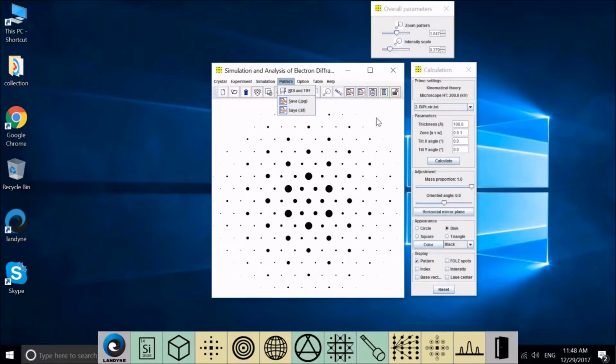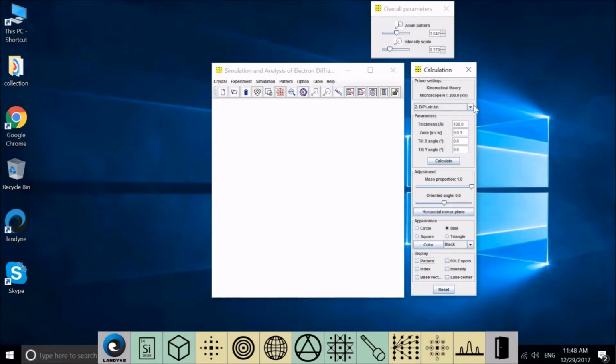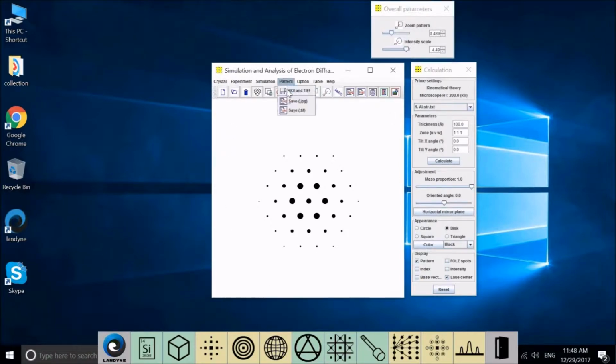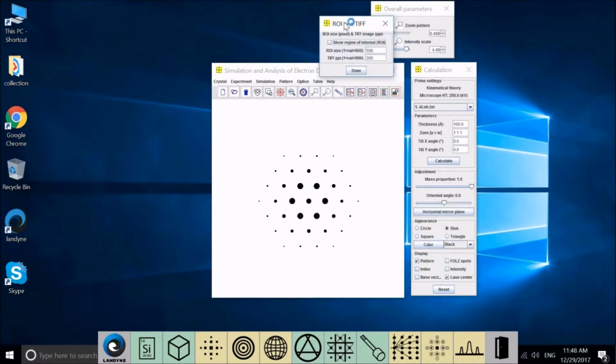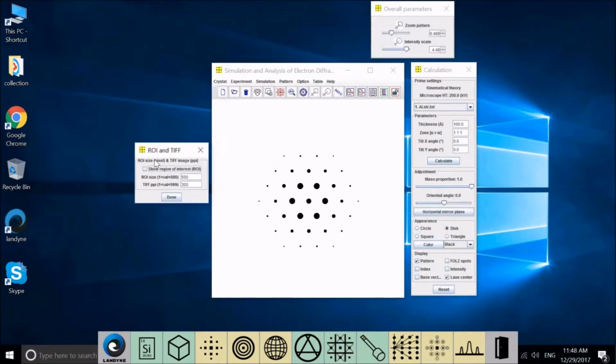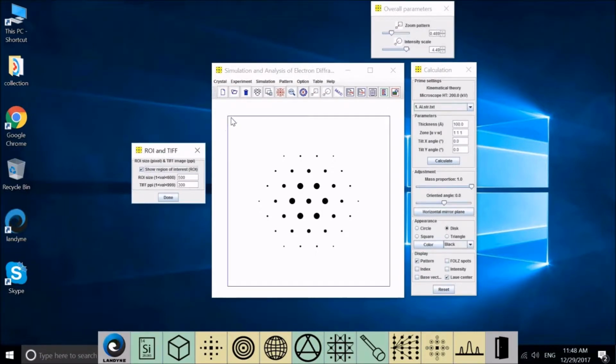On the other hand, if we turn this pattern off and reselect the aluminum and turn the pattern on, and we adjust the intensity and zoom back, it's pretty empty on the side of the pattern. So you can turn the ROI on to show. So the pattern will be printed out just from this